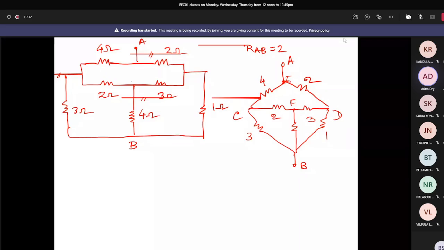So what is the option then? How can we go for it? EC and F, EF and B, we can make the star to delta. 4, 2 and 3, the bottom two triangles. If we can convert this as a delta, I think it will be easier, isn't it? This inner one. 2, 3 and FB. This is 4, actually. I forgot to put 4. So 2, 3, and 4 resistances, from star to delta.